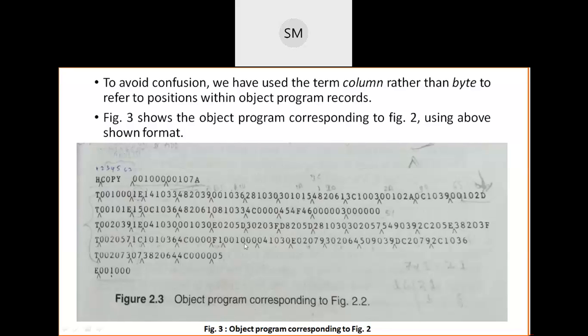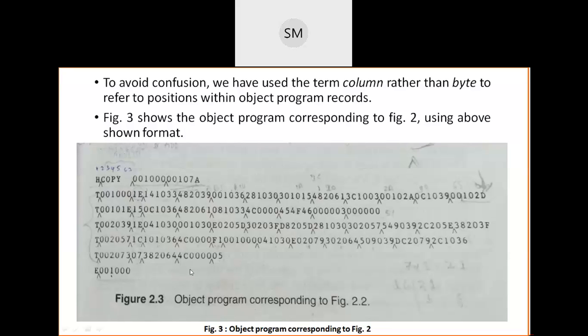Here 3 plus 3, 6, 6 plus 1, 7, 7 plus 3, 10, 13, 16, 19, 22, 25, 28. If you convert 28 into hexadecimal, you will get 1C. Similarly, last you will write this also.